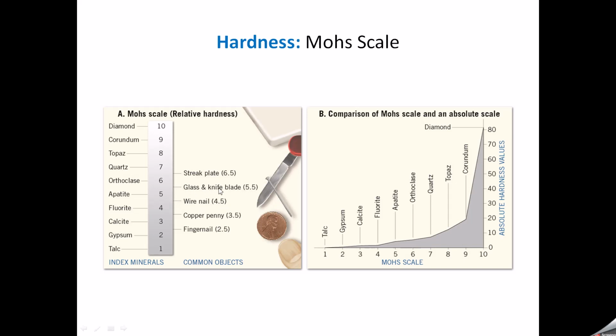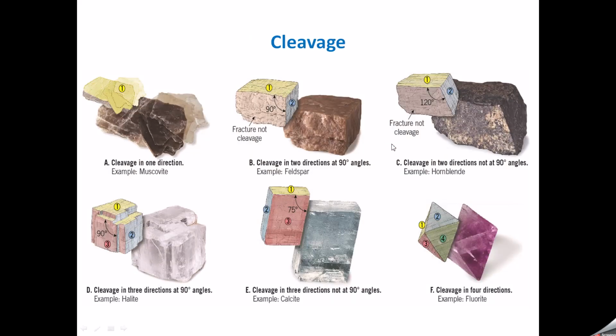And glass and knife blade, this is the knife blade here, and the glass 5.5. And then the streak plate, this is the streak plate, we use it to see the powder of the minerals. The hardness of it is 6.5, so it can scratch orthoclase down to talc. This is the Mohs scale. Now cleavage,